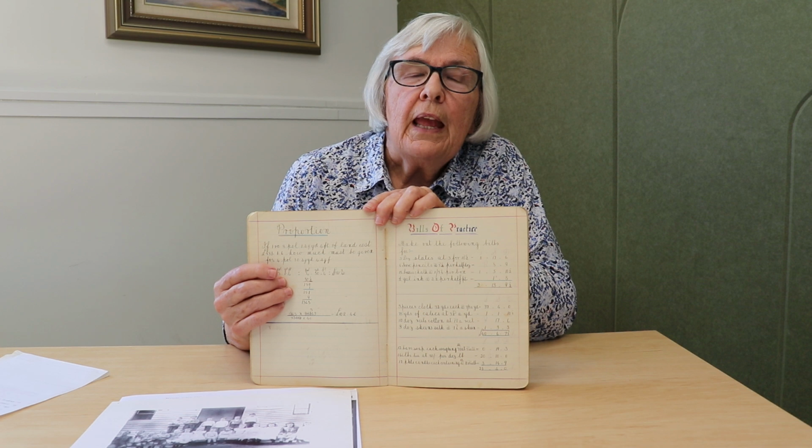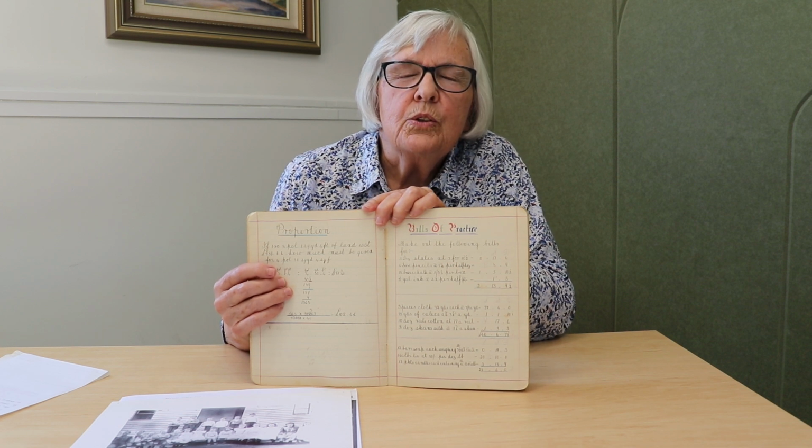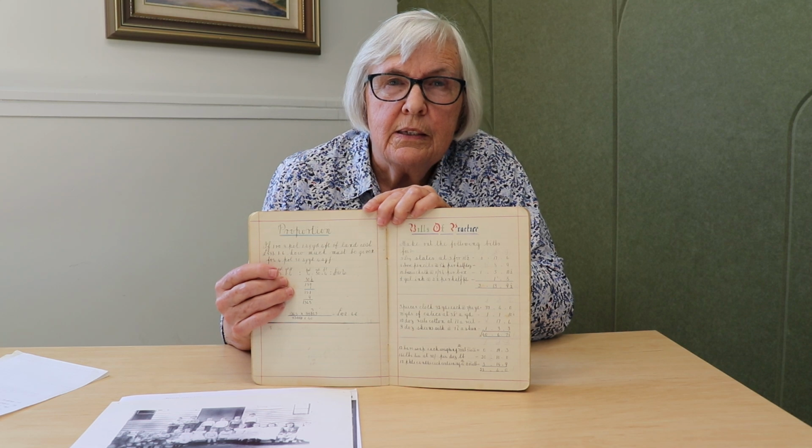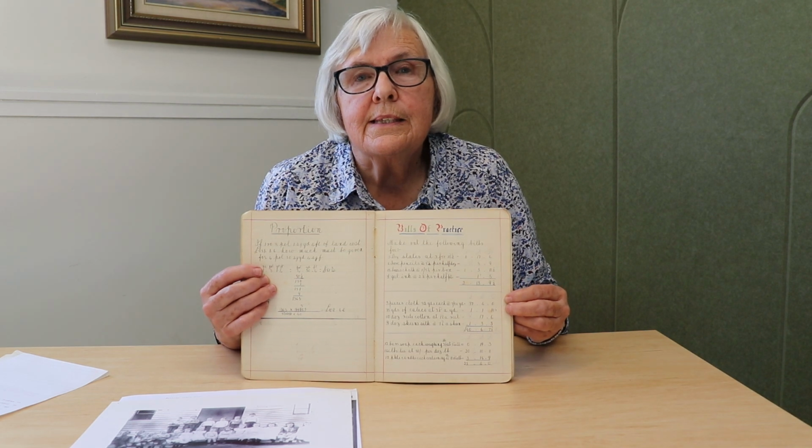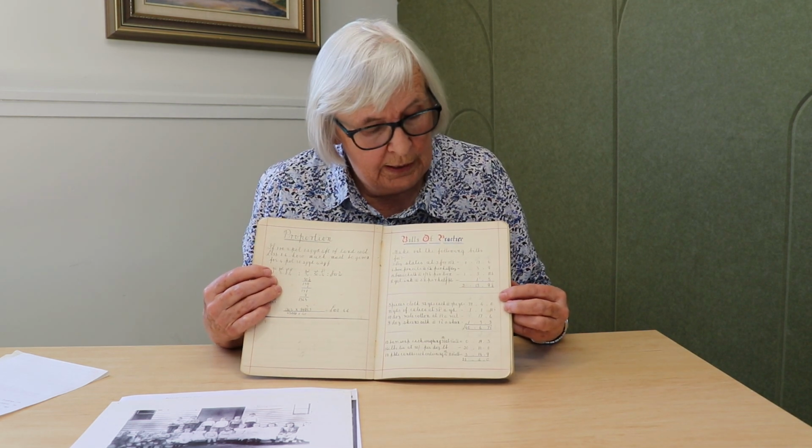I'll have to see if I can remember, 12 pence to a shilling and 20 shillings to a pound. And this young Dennis, or Denny, has had to work out, I can remember having real trouble with it when I was a child. So this is a really lovely book with these headings all the way through, coloured and worked on. His writing is pretty tidy,